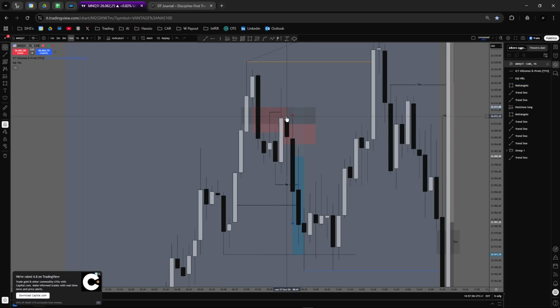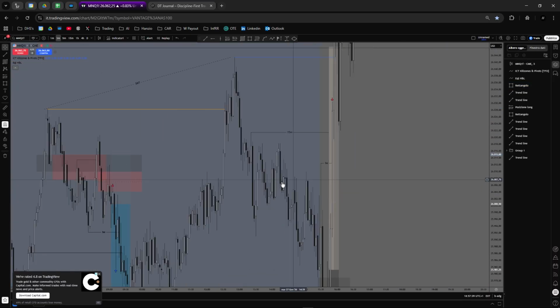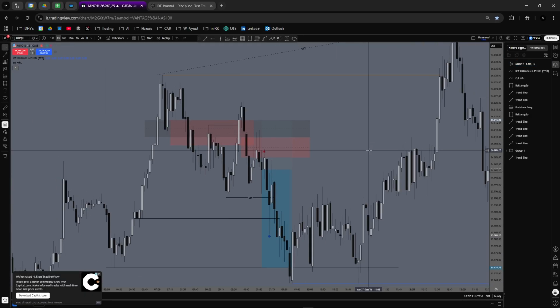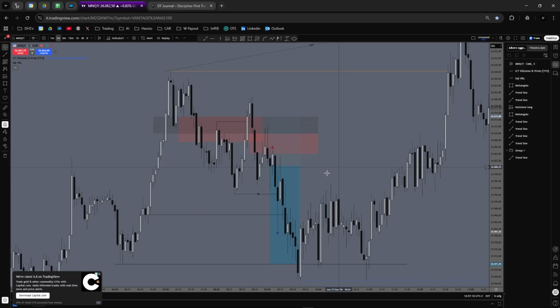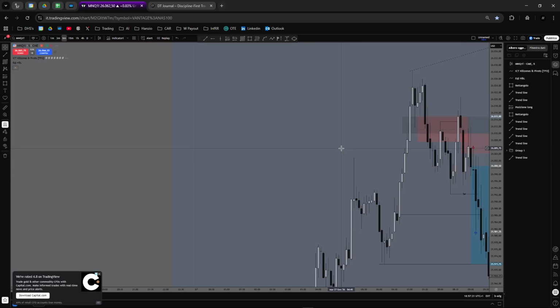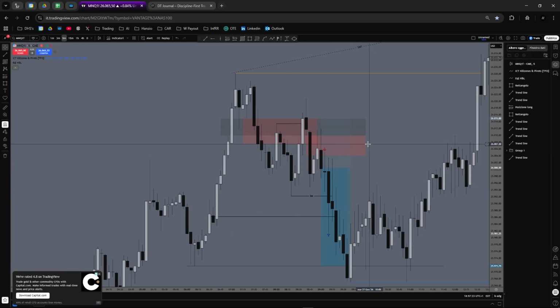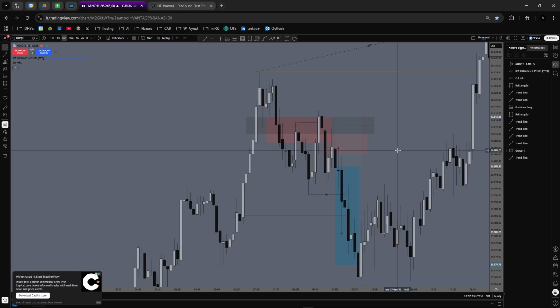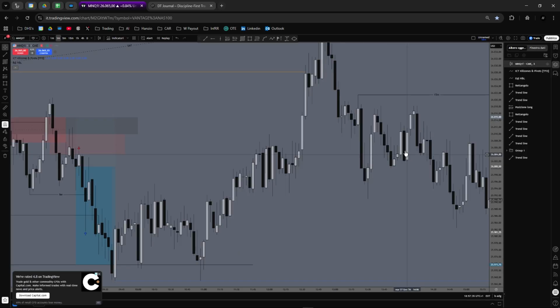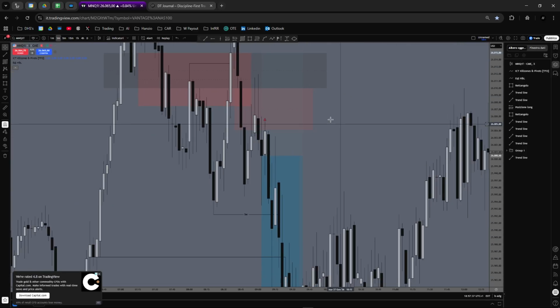See, this was the inversion. So I scaled down to the 3 minute, and I saw what? I saw that we were inversing this one too, this one too. So I said, okay, I'm good to go. Whenever we tap back inside this 5 minute here, which was the draw for the entry, my 5 minute gap, we push inside of it. So I scaled down to the 3 minute, which was the highest time frame for the inversion.